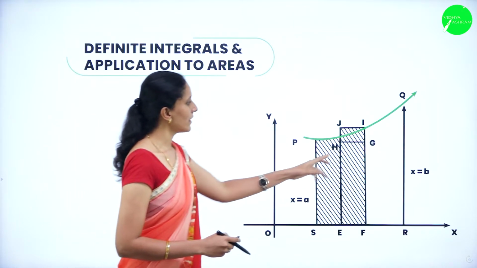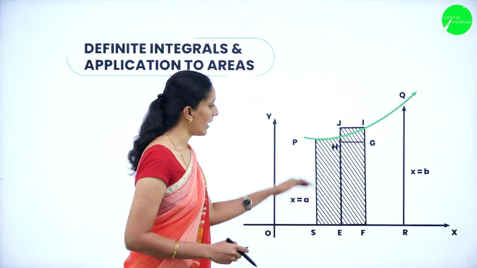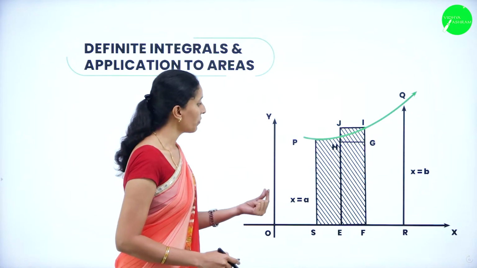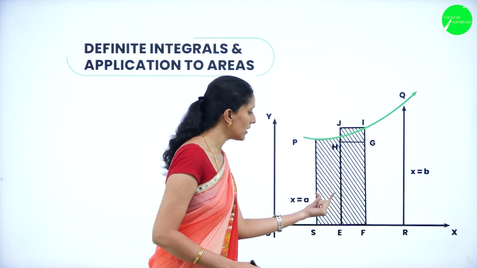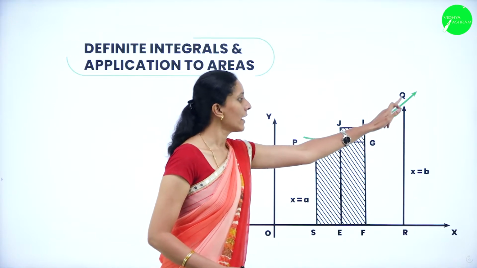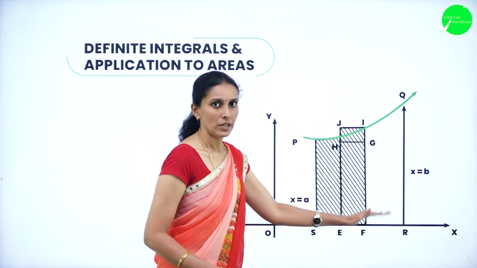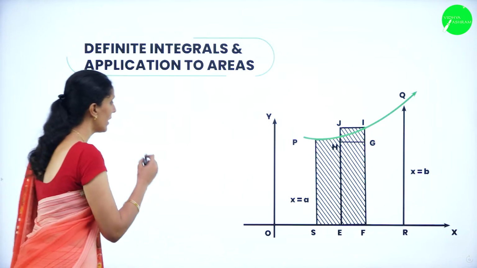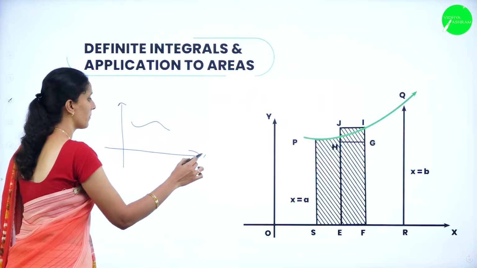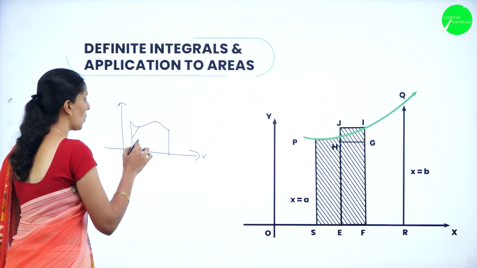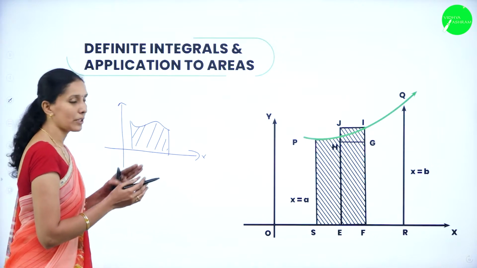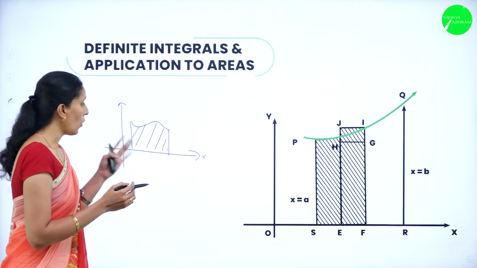Look here, I have taken a simple curve. I have divided the area under the curve into small rectangles. We will calculate the area of the small rectangles and take the total area to find the area below this curve. If you find any curve like this towards the x-axis, this is the total area covered by the curve. How are we going to calculate it? By the method of integration. But how can we analyze it?